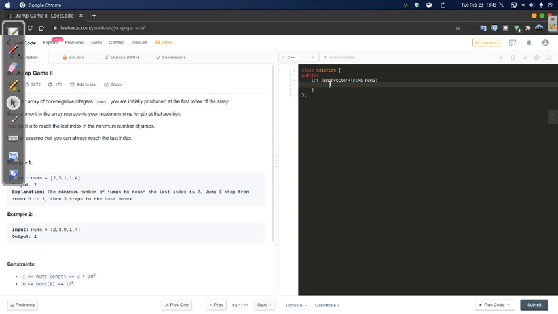Okay, so basically we'll have int end equal to 0 and max end equal to 0, after which you will have int step count. Obviously that is what you need to return, so I'll just put return step. So while end is less than n minus 1,